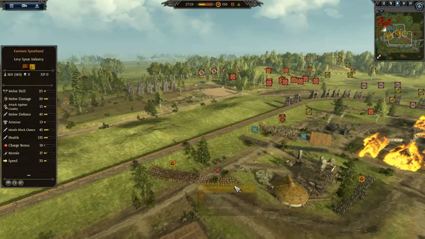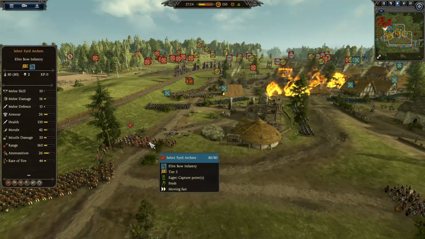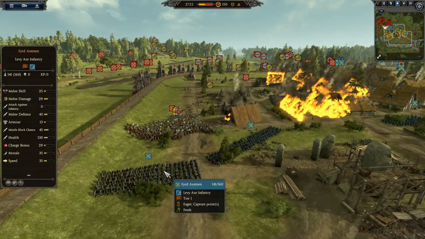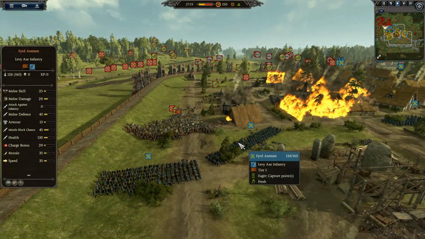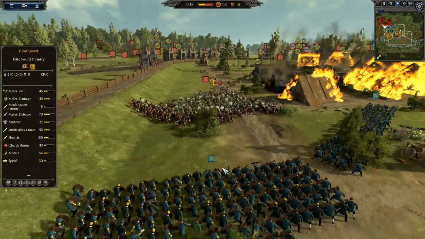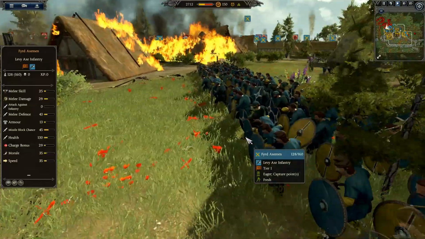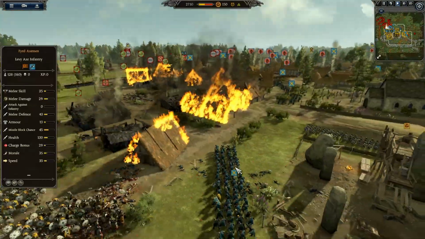Some more infantry coming around. We actually have some of the select Fjord archers there from Wessex making their way around. A couple more units of Fjord axemen here will be holding the line once this initial line breaks, which it is very, very close to breaking. I don't know if these units are in their shield castle. It does not look like they are in shield castle, which is definitely a